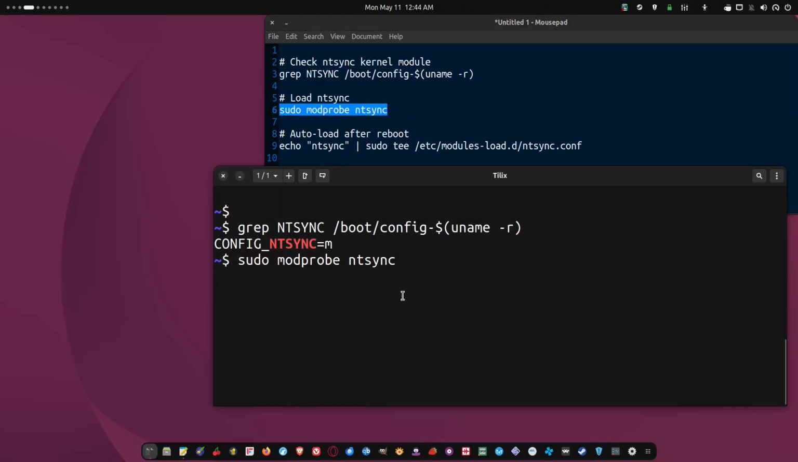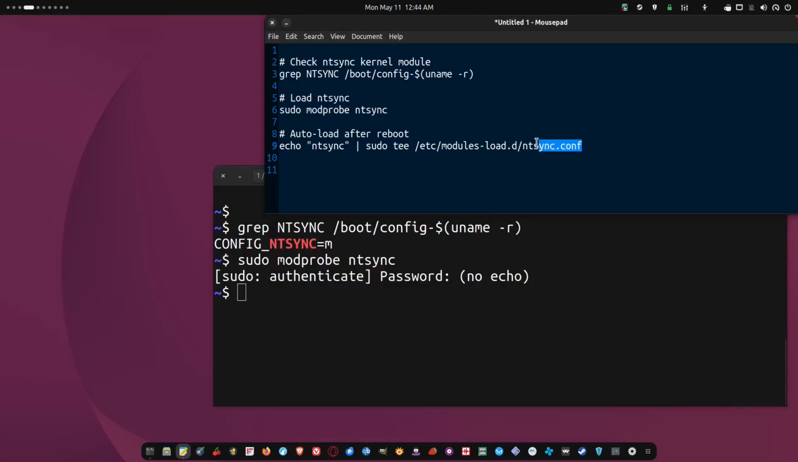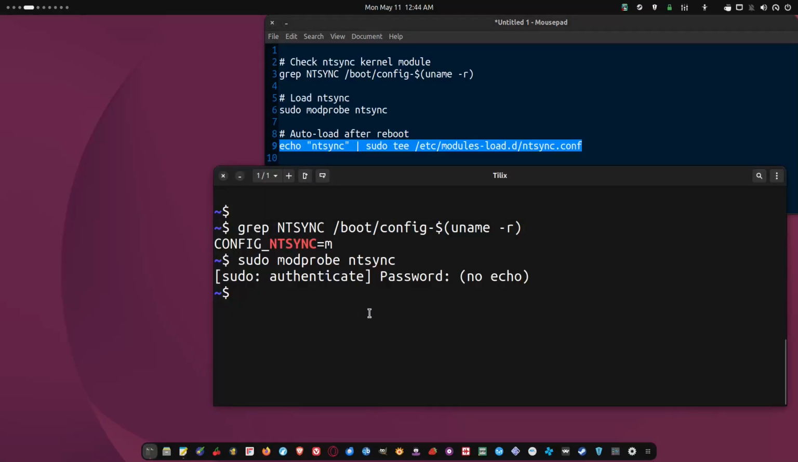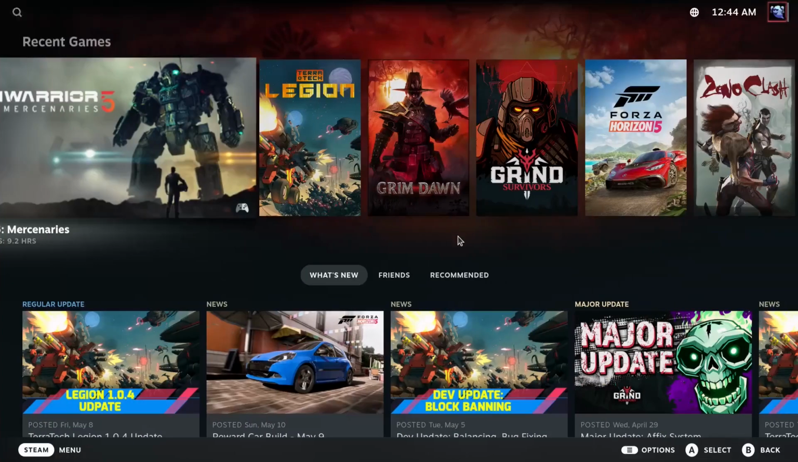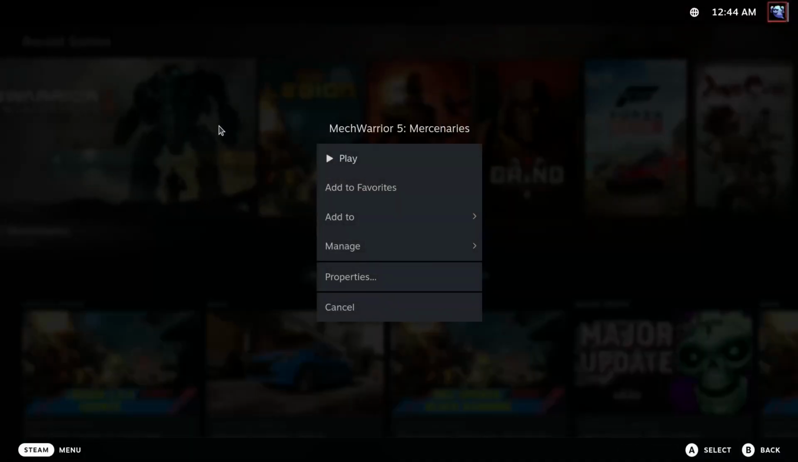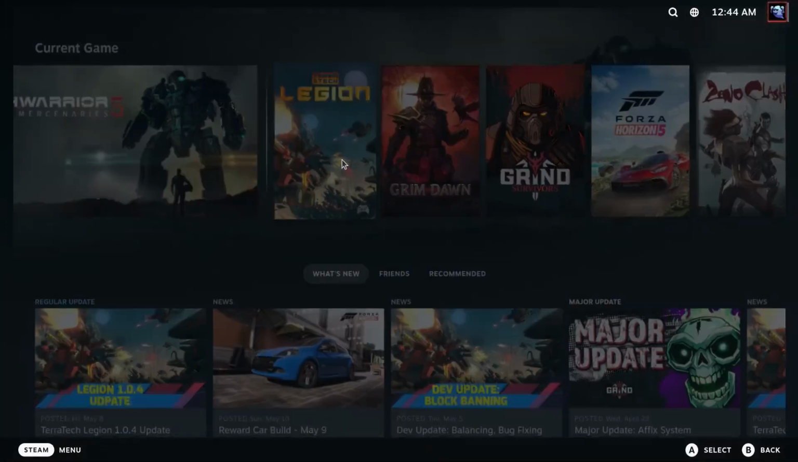The second command, sudo modprobe ntsync, actually enables it. So just type in your sudo password. And then the last command will enable ntsync to autoload even after you reboot your computer. Those are the only commands that you need to run. So if we go back to Steam and play the game again,